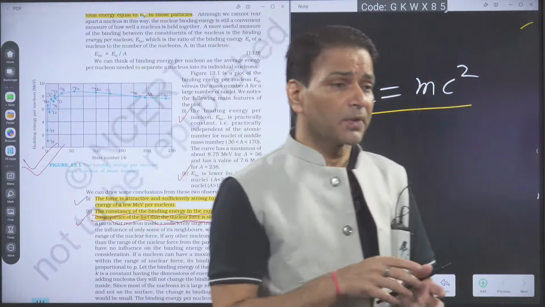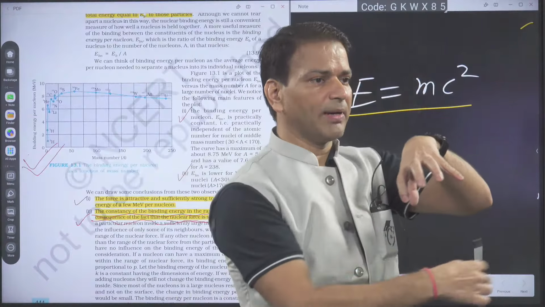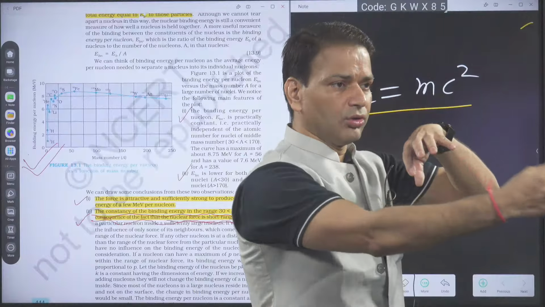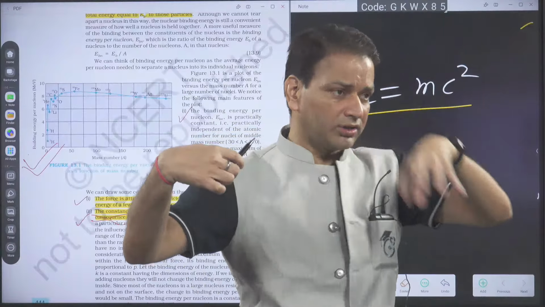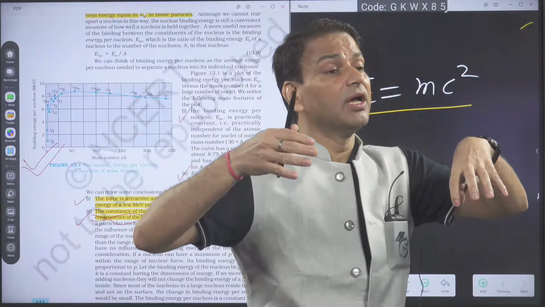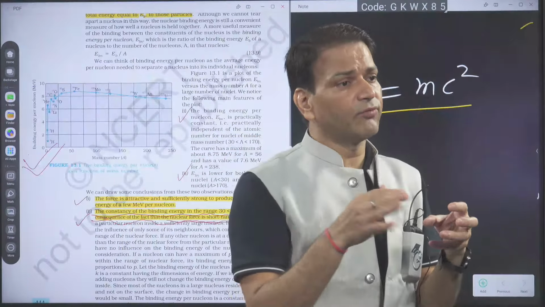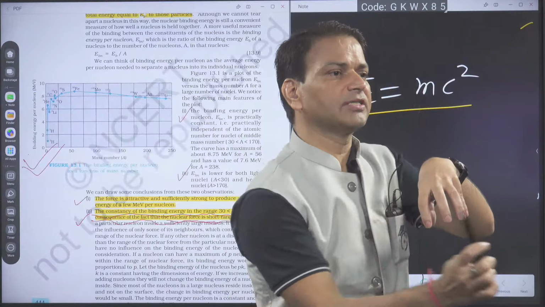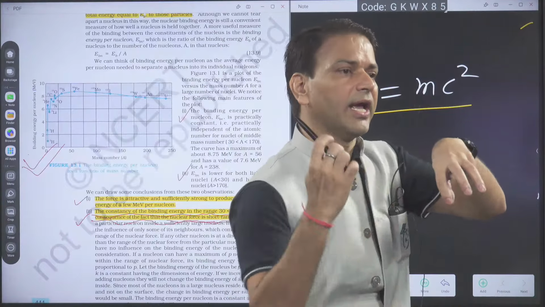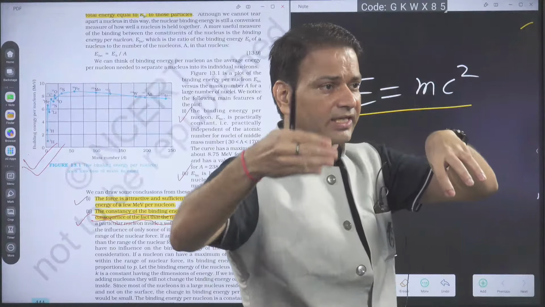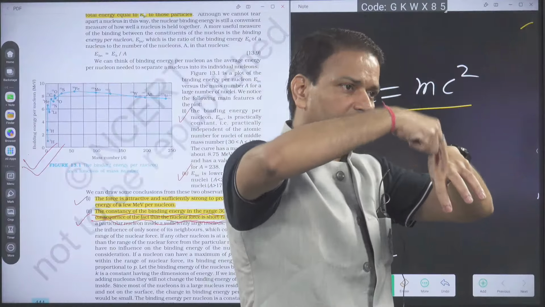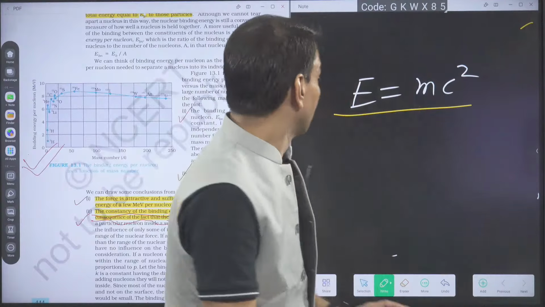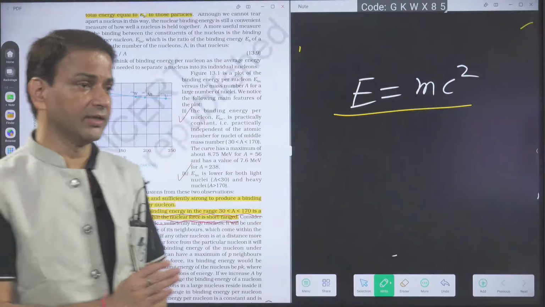One reason is this: suppose any nucleon is surrounded by some nucleons. When we increase the mass number, the force of all the other nucleons on this nucleon will be negligible because nuclear force is a short range force. Suppose it is a proton, surrounded by some protons and neutrons, and then another layer. As we increase the mass number, their force on this proton will be negligible. That's why there is no effect on the binding energy per nucleon in the range of 30 to 170.